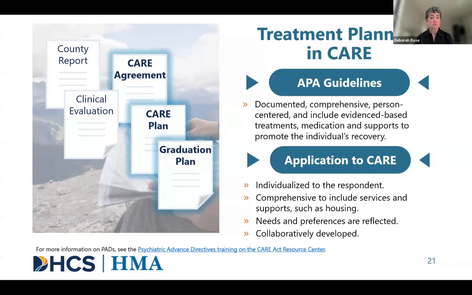A Psychiatric Advance Directive, sometimes referred to as a PAD in California, is really an opportunity to empower individuals to document what's important to them, what their recovery and their treatment should look like if perhaps they're not in a position to voice that. These are the meds that I might do well on. Here's the healthcare system I'd like to be connected to. Perhaps here's how my rent could be paid, or here's how I'd like to see my pet cared for. And so these are opportunities to put into a package and document and share with folks who would be connected to the individual to ensure that some of those guiding forces are really included in treatment planning.